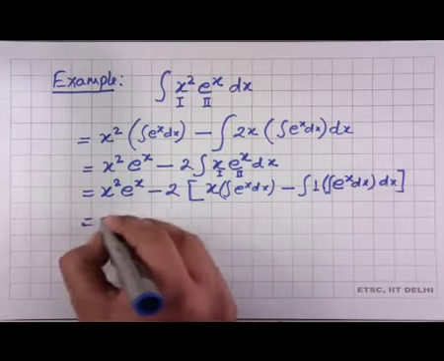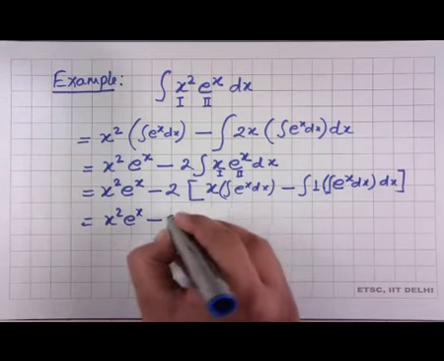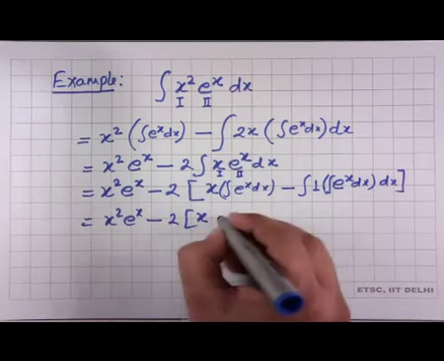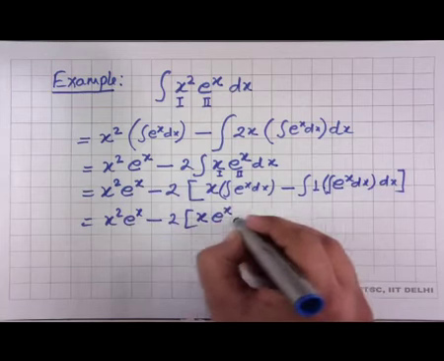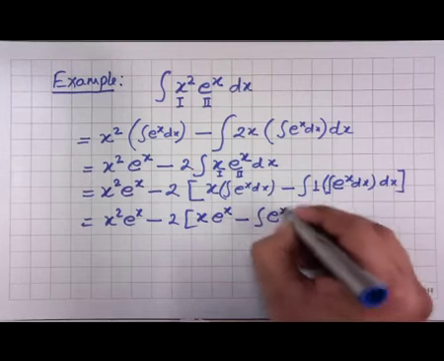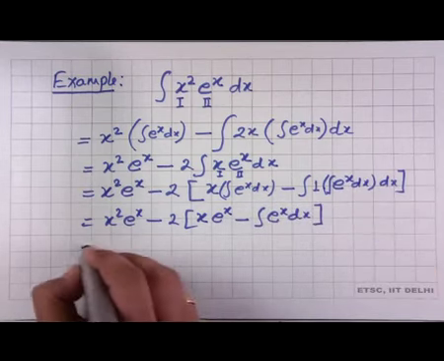So, this entire thing will take you to x square e raised to power x minus twice of x, integration of this function will become e raised to power x, minus integration e raised to power x dx,